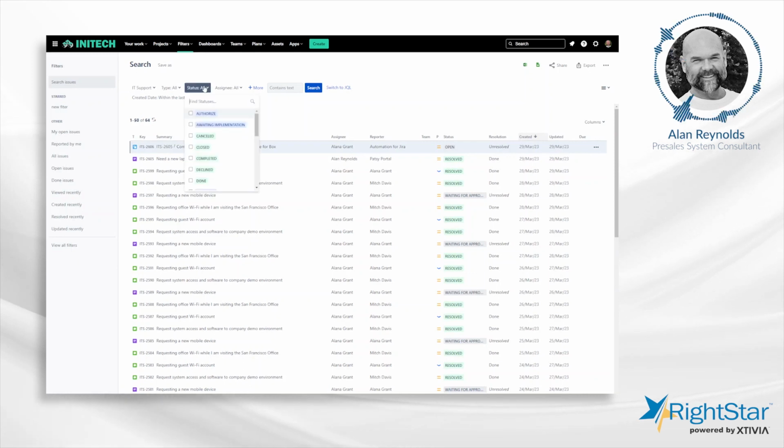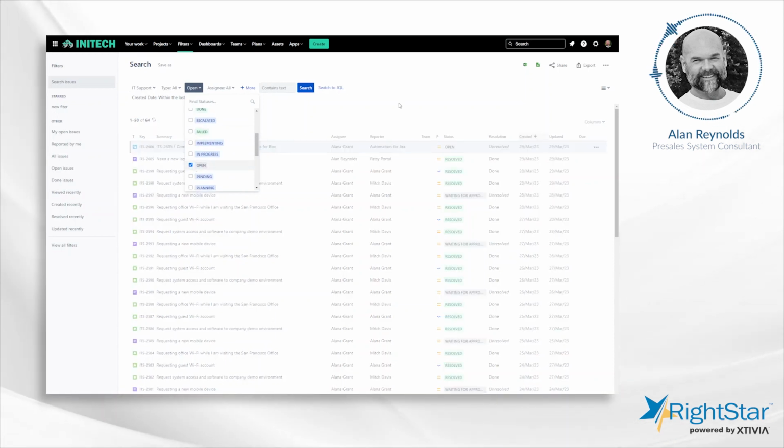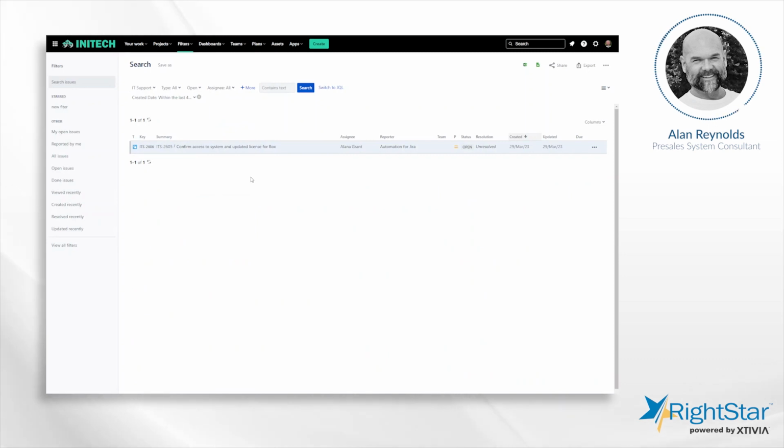Maybe I just want to look at things that are maybe in open status. So let's try that. Let's see if there's some in open status. So now I'm down to just one. I found the one open one. So from this list of a search, I could choose at this point to